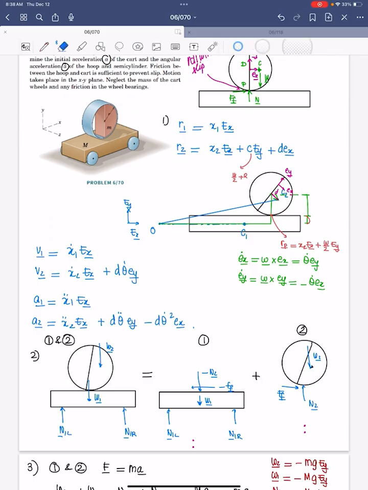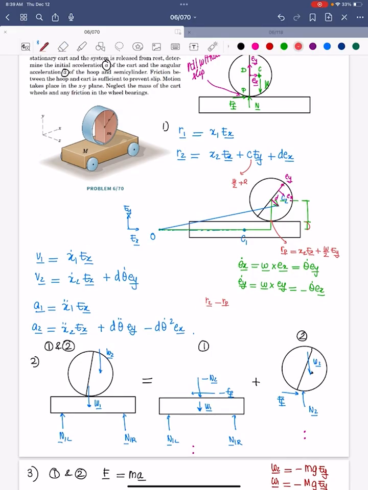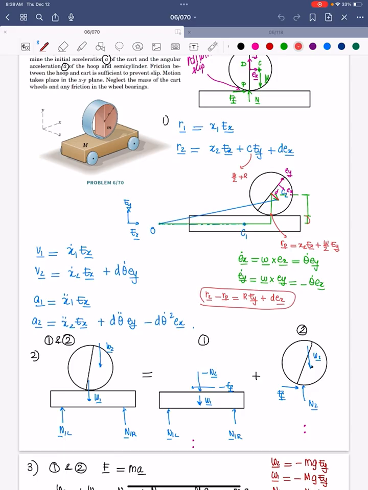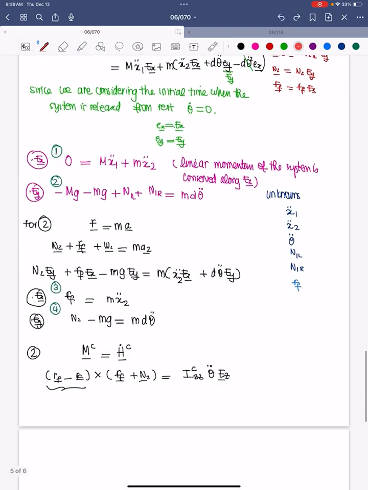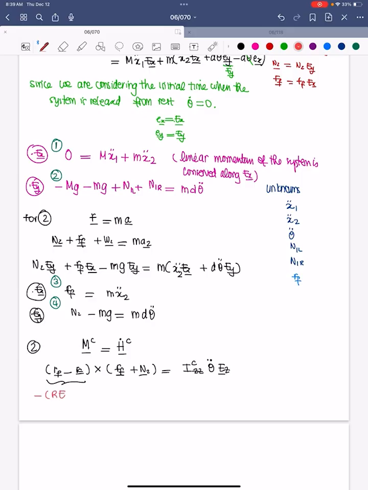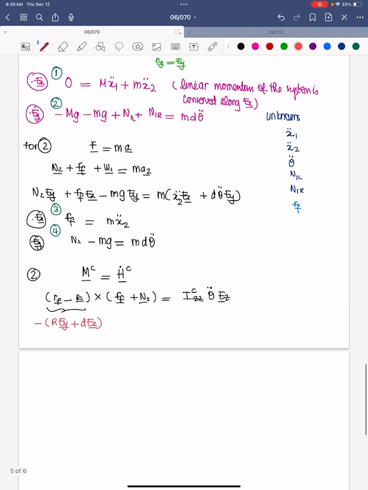I think it's easier to do R2 minus RP. R2 minus RP is R EY, plus D EX. So from P, to be able to go to C, I go up by R EY and then this way by D EX. So R2 minus RP is R EY plus D EX. We want the opposite here: minus R EY minus D EX. Initially, small EX and big EX are the same. So that's that. So the cross product becomes